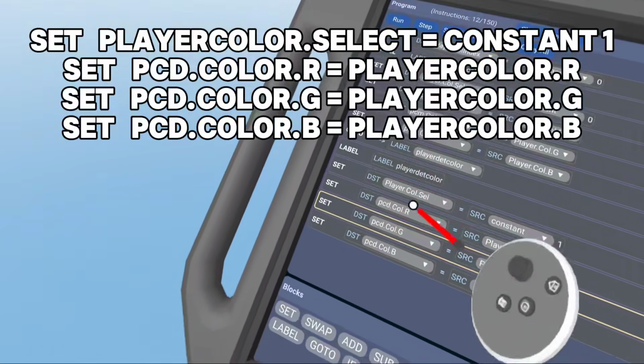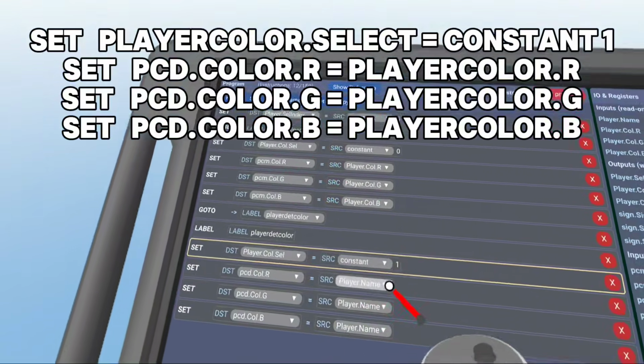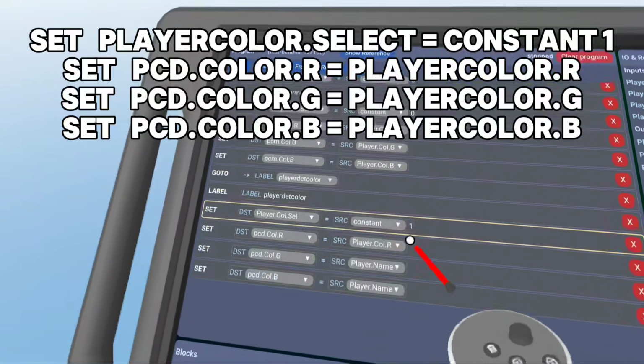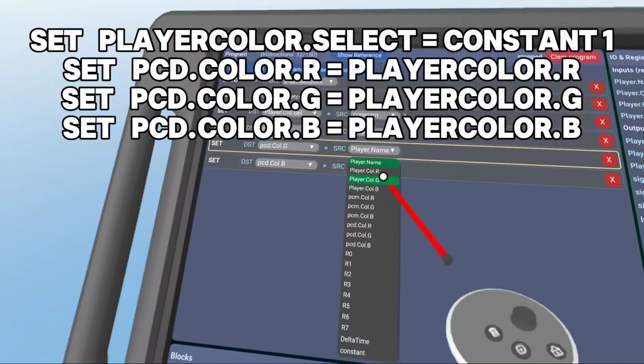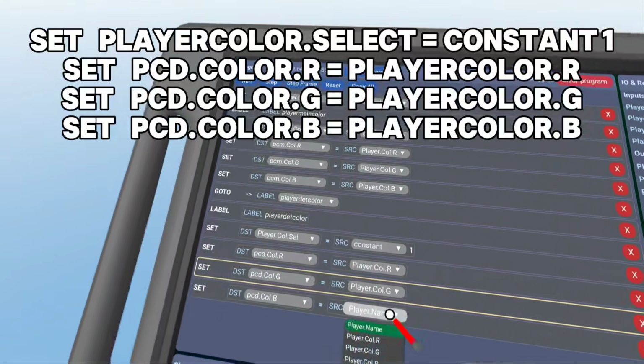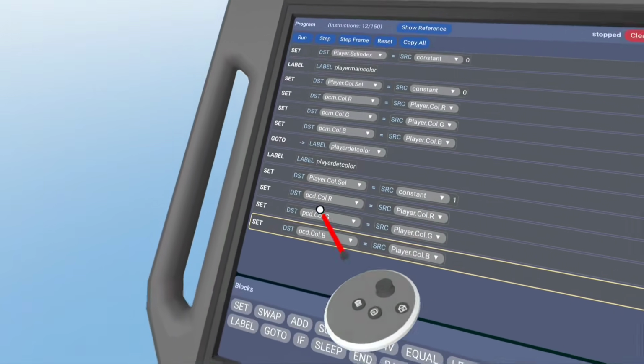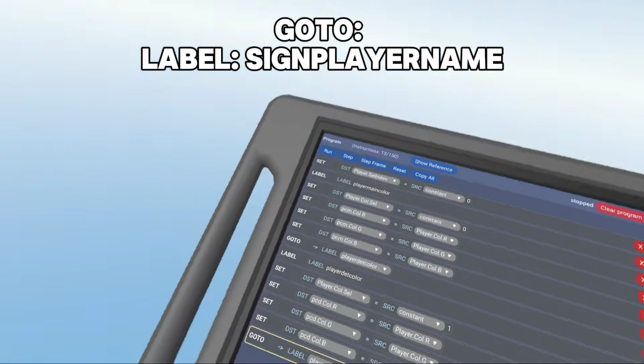This is player main. This is player detail. And then, like we did up here, you want to match player color R, player color G, player color B. You want these to match. We're gonna go to again,